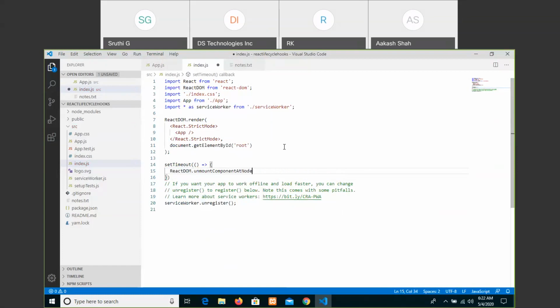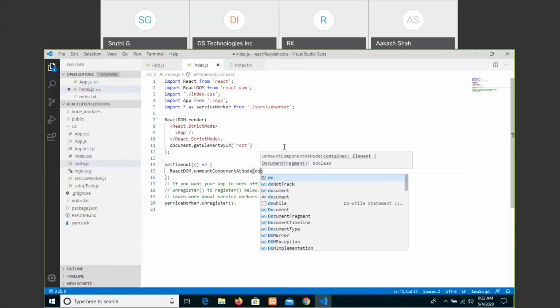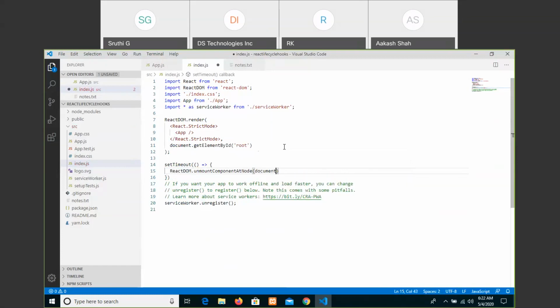Component at node, and then document dot get element by ID of that app, and then